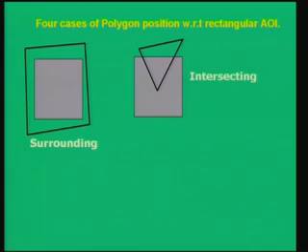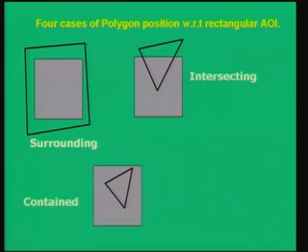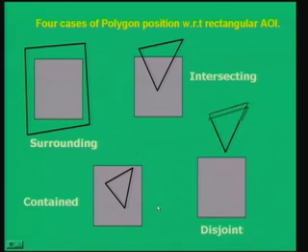Okay. So, that is the case of intersecting. Surrounding, intersecting, two modes are left, contained and disjoint. This is contained. The same triangle now, or the polygon, is completely within or inside the rectangular area of interest. So, that is an example which illustrates the concept of contained relationship. And the last one is disjoint, where there is no overlap area between the triangle and the rectangular area of interest. Okay. So, I hope these 4 figures are able to illustrate the 4 different cases of relationships of the areas in 2D between a projection of a polygon and a rectangular area of interest.